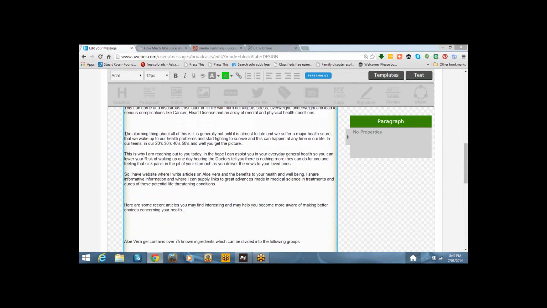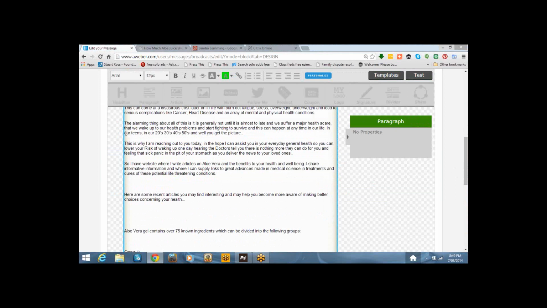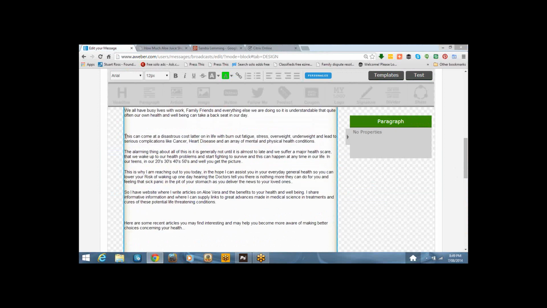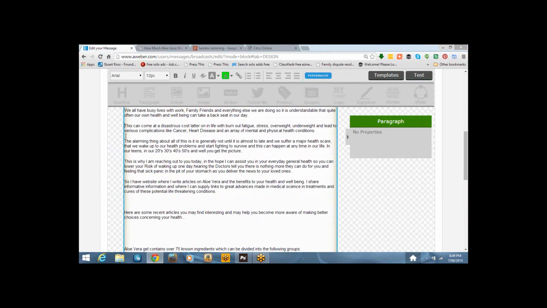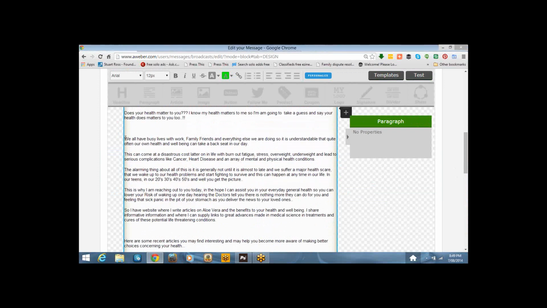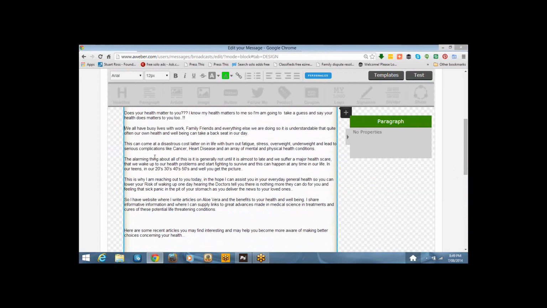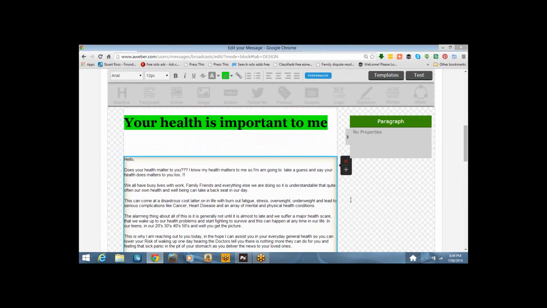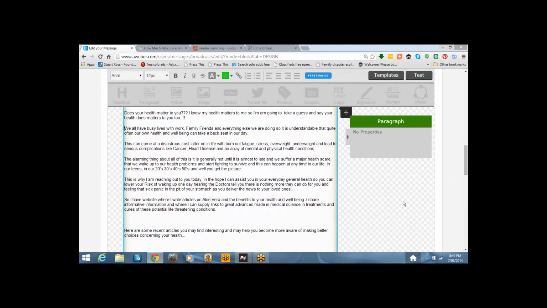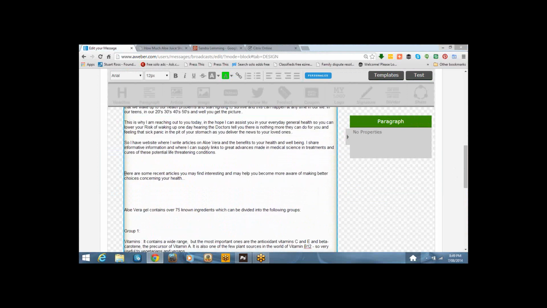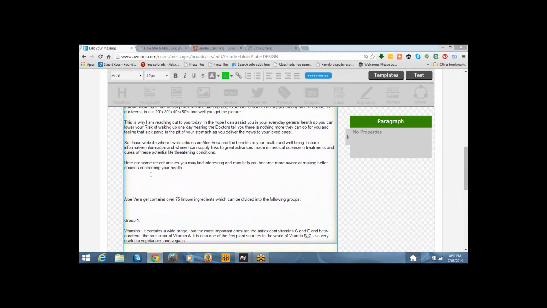So you can see what I'm doing here, I'm just doing some quick edits. I'll change the font and do any bolding that I'm going to do in here now that I've got all the text in here, and this saves you time. It's easier to do it when you've got it all in the newsletter, just like when you're doing a blog.